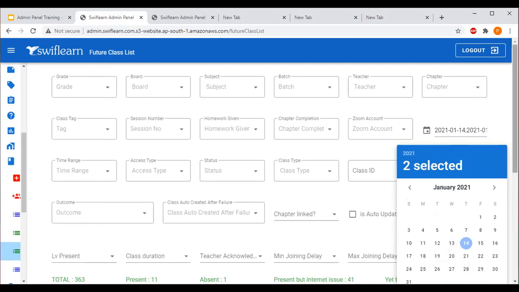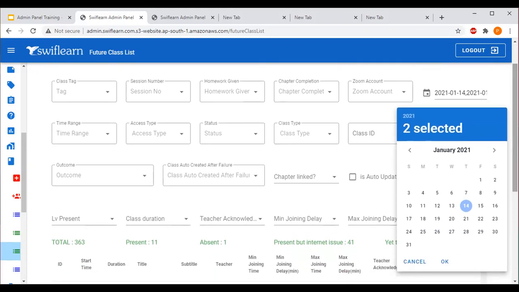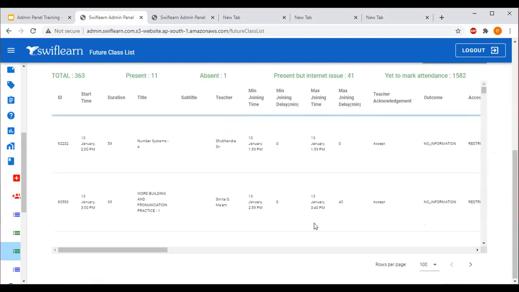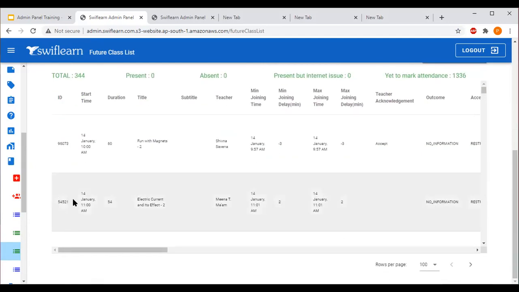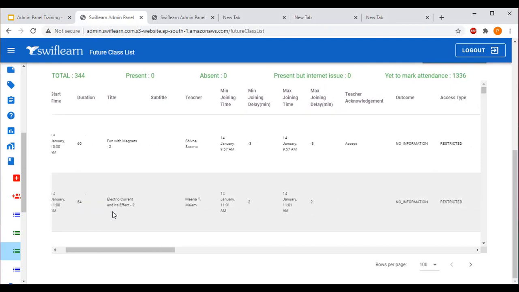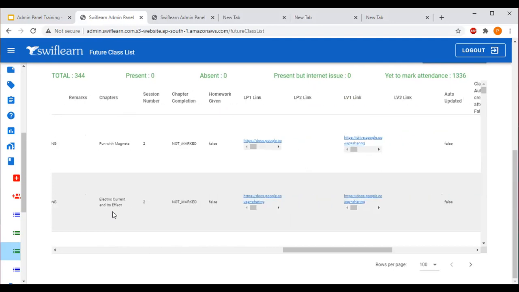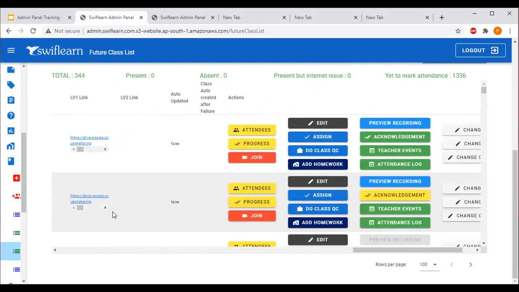Once you click two times on the single date, the teacher will cross check here that they have clicked two times. Now click on OK and apply. Once you click on apply, the teacher will find the classes here in the dashboard. Now suppose this is your class for today which you have to assign the homework. So here the teacher has to scroll the dashboard from left side to right side. At the end of the dashboard, the teacher will get these options.